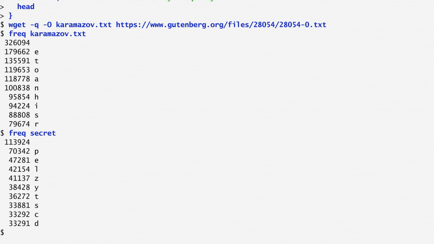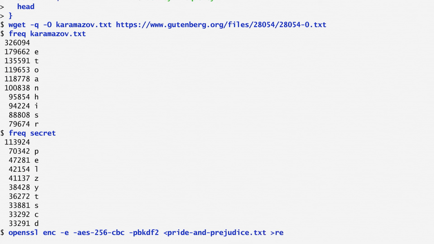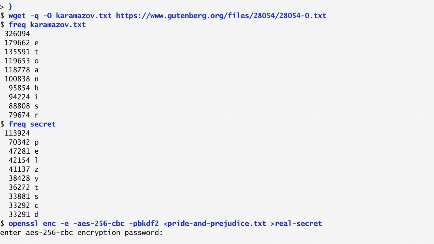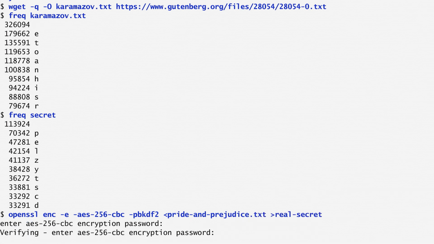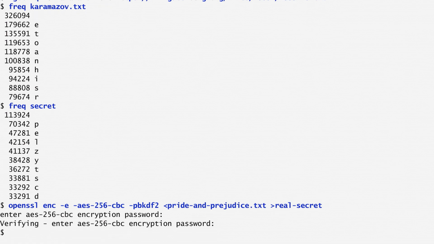Now comes the question, how can we obtain real secrecy? In this case, the OpenSSL command is the solution. As an example, I run OpenSSL encrypting with an algorithm called Advanced Encryption Standard, AES. I use a key of 256 bits and chain together the blocks using a technique called cipher block chaining. This means that each block is encrypted based on the preceding one and prevents some types of attacks.